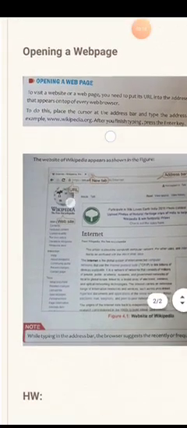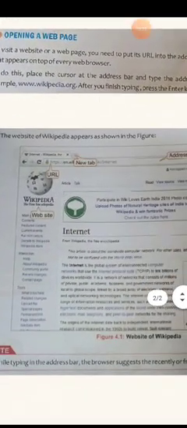And then you have this new tab. This tab helps you to open as many web pages as you want. Like in Word, we can open as many documents, document 1, document 2, document 3 at the same time. Same way, you can open as many web pages using this new tab.